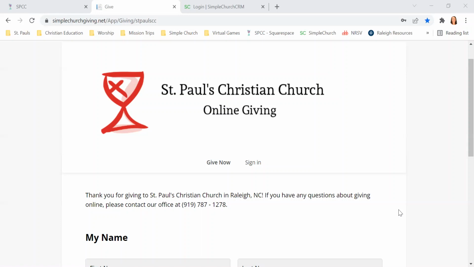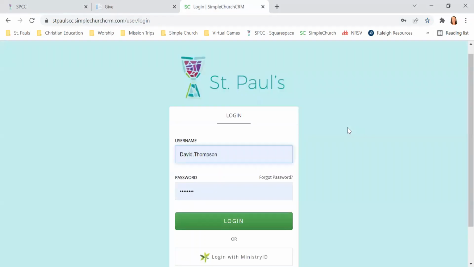Something that can be a little confusing that I want to explain first is that if you set up a recurring donation via online giving for St. Paul's, you are going to have to create a new account via Simple Church Giving. Now, that is separate from a Simple Church profile. So I will take us back to St. Paul's Simple Church page. This is the page that we talked about in the first video,